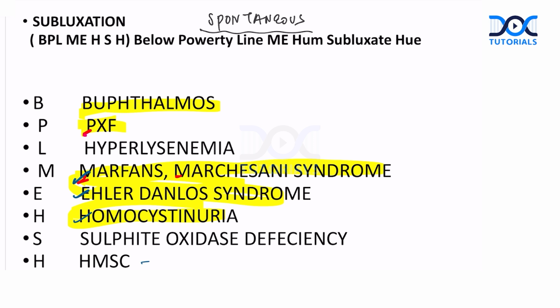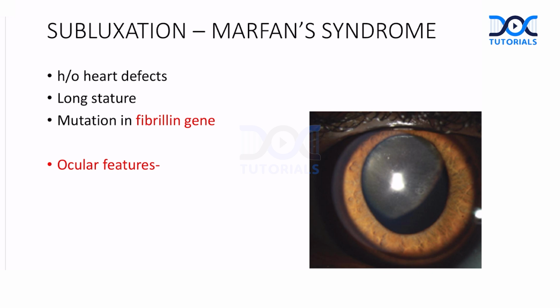So HMSC, which type of HMSC? We have read earlier the sclerotic type of HMSC, you can have subluxation without trauma, isn't it? So these are very, very important causes. Now, some more important causes, some more important questions. So subluxation, as I told you, is seen in Marfan syndrome. Characteristically, we have a superotemporal subluxation. Very easy mnemonic. Where is the fan? Upar hai na, fan upar. So this is how your lens subluxates, superotemporal.